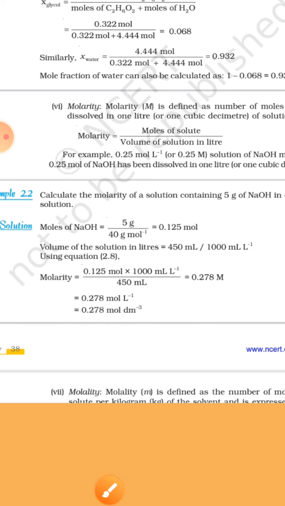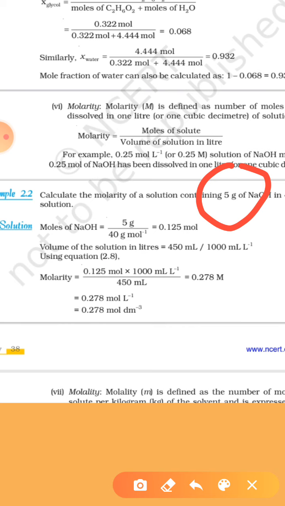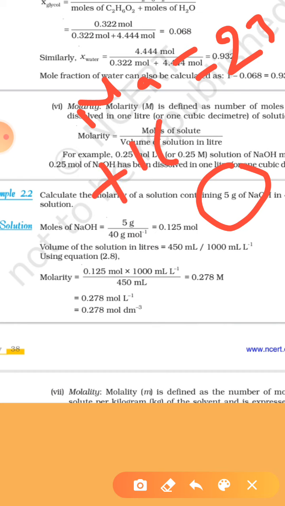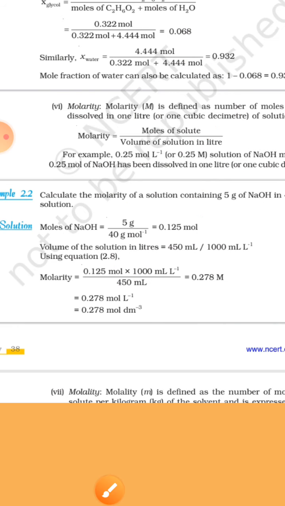Moles of NaOH means given mass 5 gram upon molar mass of NaOH. As we know that Na means 23 plus 16 plus 1 equal to 40. Then 5 gram upon 40 means 0.125 mole. Molarity means moles upon